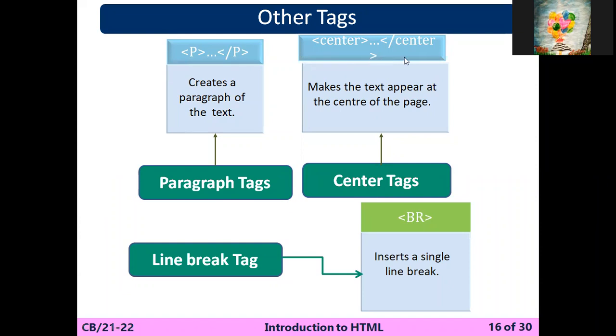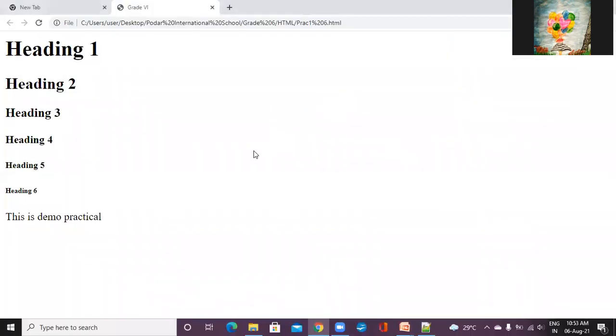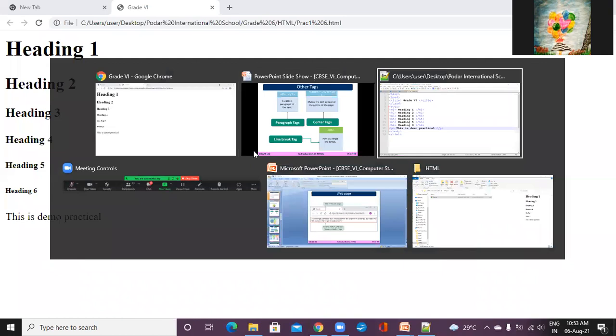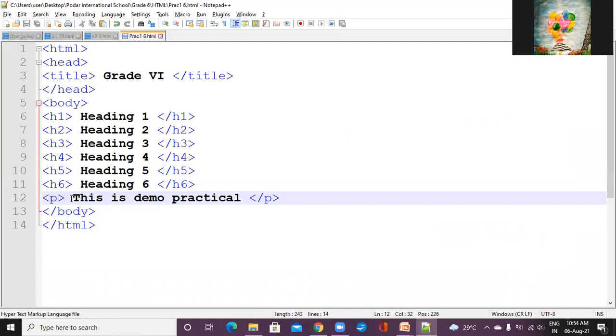Okay, the second tag is the center tag. As you know from the name, center means it will put the text at the center of the web page. I am going to use it for the same text. I copied it.